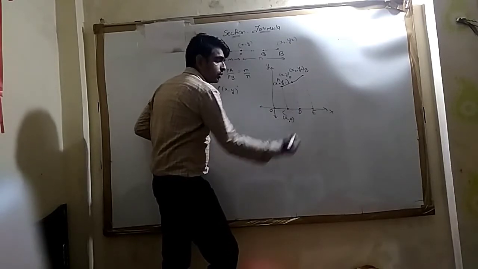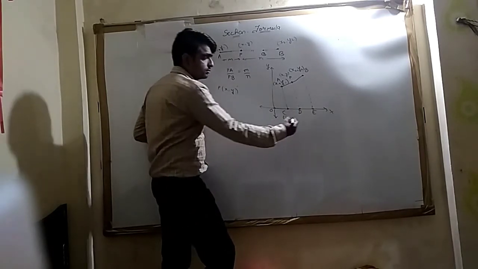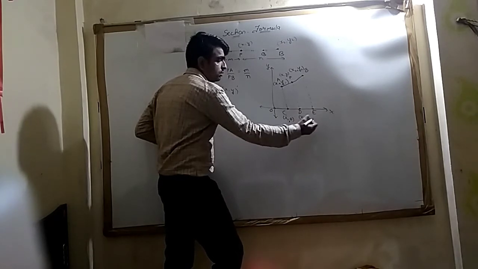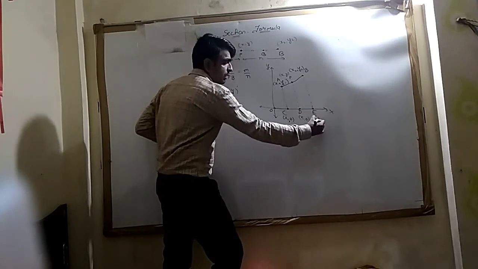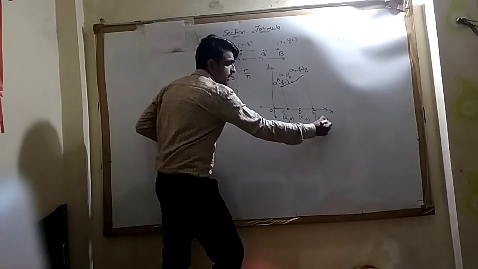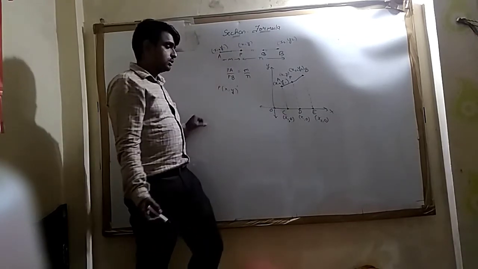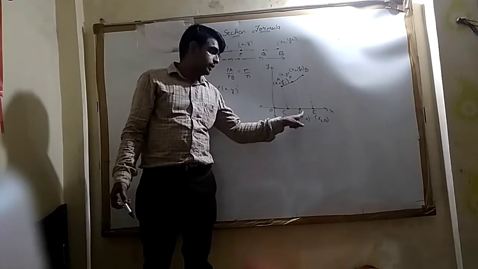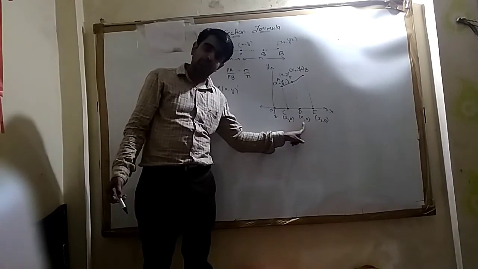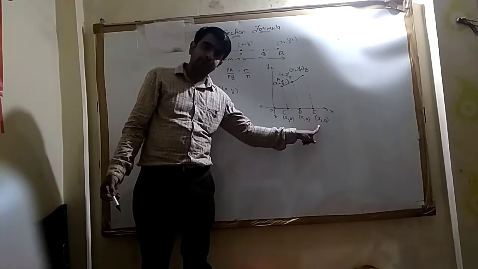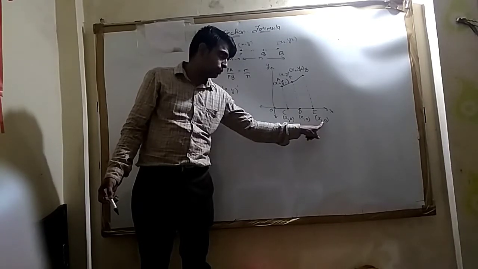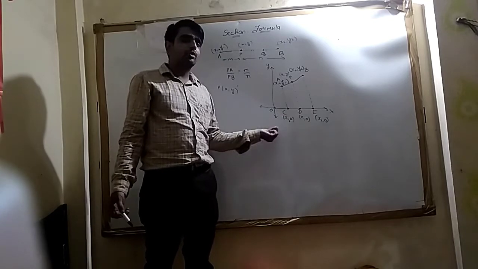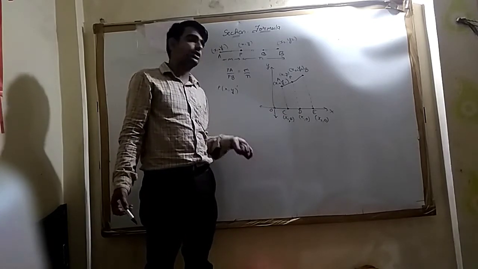Similarly, the coordinates of D will be x comma 0, and that of E will be x2 comma 0. देखिए x एक्सिस पर है, इसलिए y कोऑर्डिनेट हमेशा हमें 0 मिलेगा।